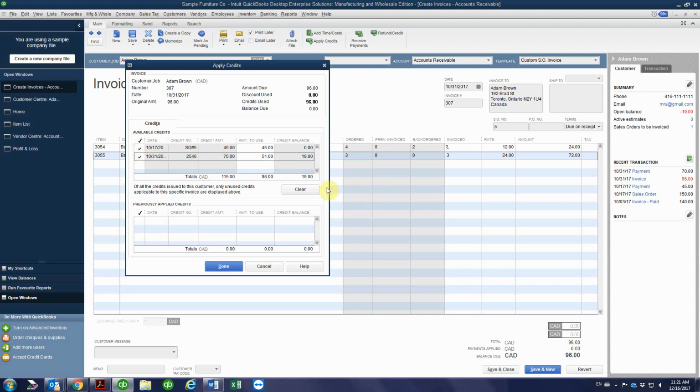So we're going to apply $96, as you see, amount to use $96 for this invoice, and that way the full balance of the invoice is going to be paid, and the credit balance is going to be $19, and that $19 is a little bit more than 30% of the value of the back orders which we need to keep on account as the deposit for the back orders. We click done,